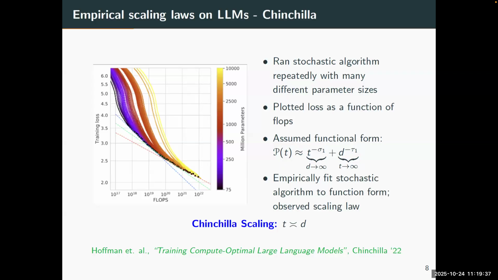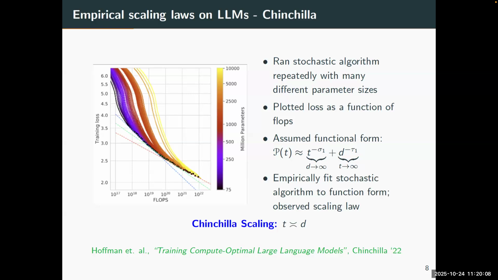So what they showed is the following. What they ran is LLMs. This would be called Chinchilla. They ran their stochastic algorithms repeatedly. They plotted their loss as a function of flops. And then they assumed a functional form for their loss, and they just fit that curve to this functional form. Okay? And then what they empirically observed is something which Misha was just commenting on, which is called Chinchilla scaling,